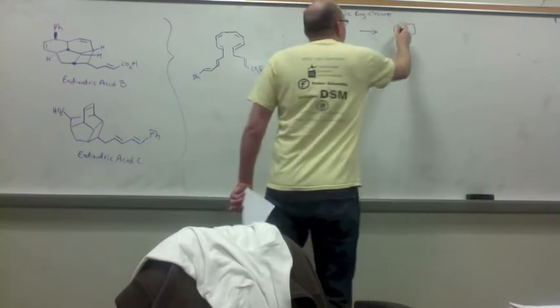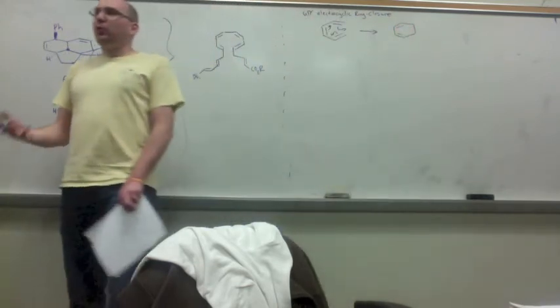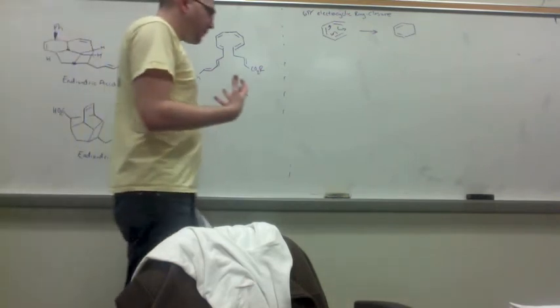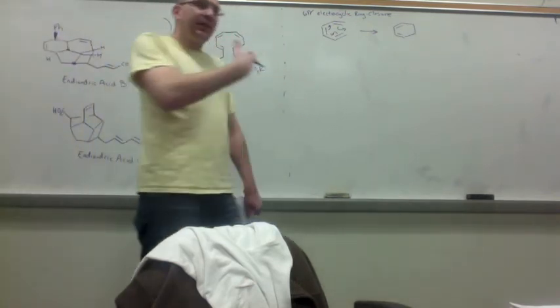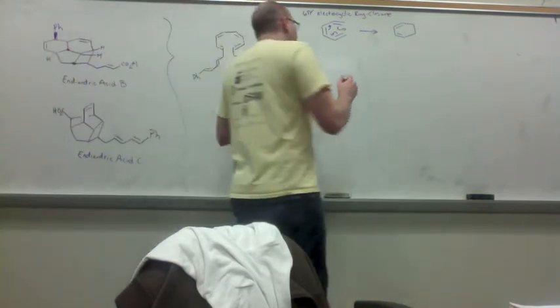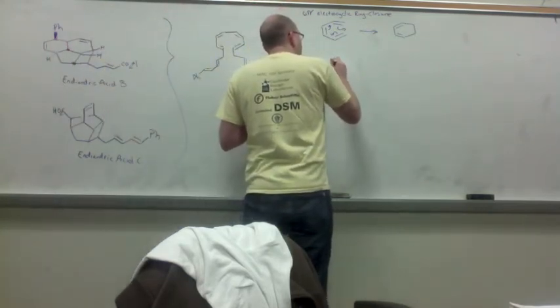Okay, but the important point here, as it's going to relate to the Endiandric acid cascades, and this is going to relate to molecular orbital theory and why we need to know it, is that there's a specific